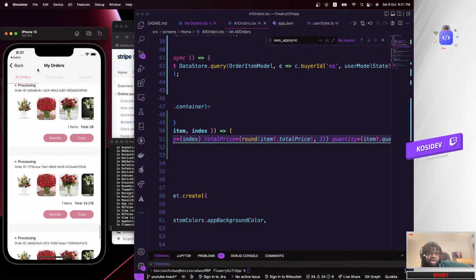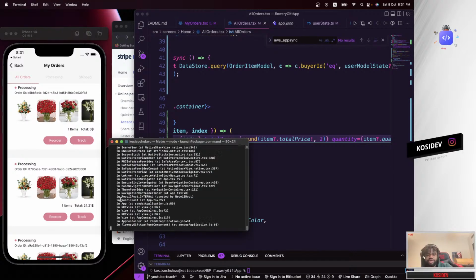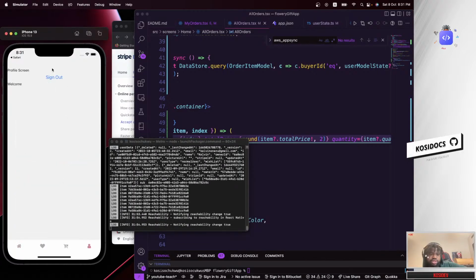And basically do some other stuff like work on, what's it called again, the profile section. So if you get to the profile section of the user, which is right here, you can see the stuff is still empty, so we need to fix this tomorrow. So that's it for today, guys.